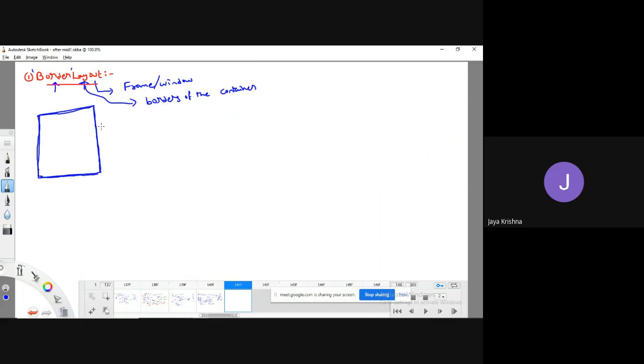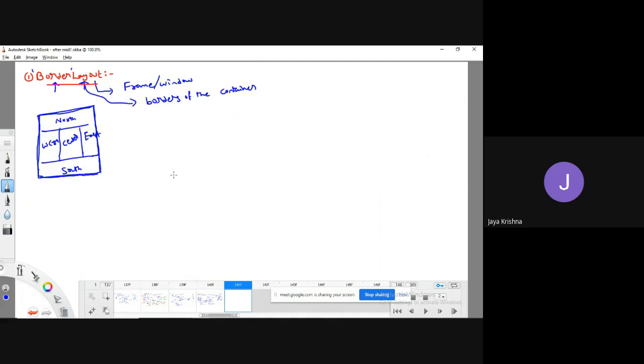Generally, if you observe this, assume this is a kind of container. This I can call the north border, this the east border, this the west border, this the south border, and the middle I can call the center. Meaning that they have divided this container into 5 regions.